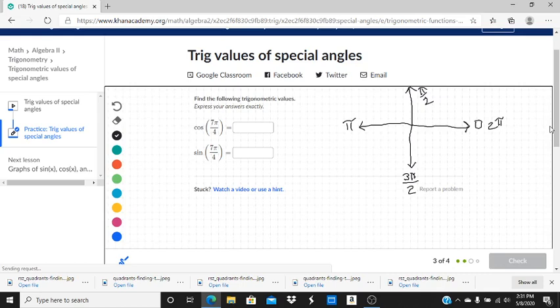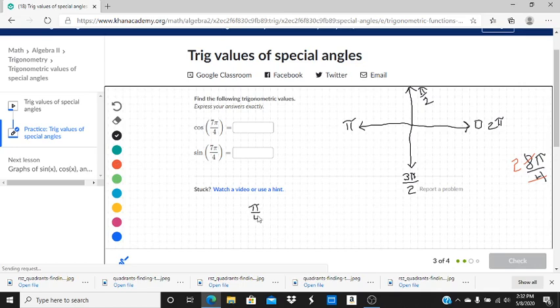Okay, 7 pi fourths. Well, 8 pi fourths, if we simplify this, we can cross out the 4. 4 goes into 8 2 times. So 8 pi fourths is 2 pi. So it's a pi fourth less than this entire way around. So if we go a pi fourth back,